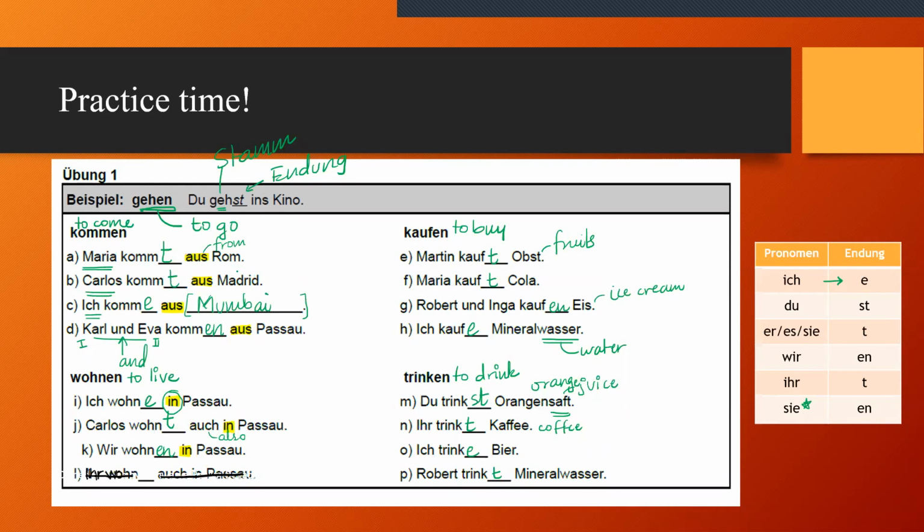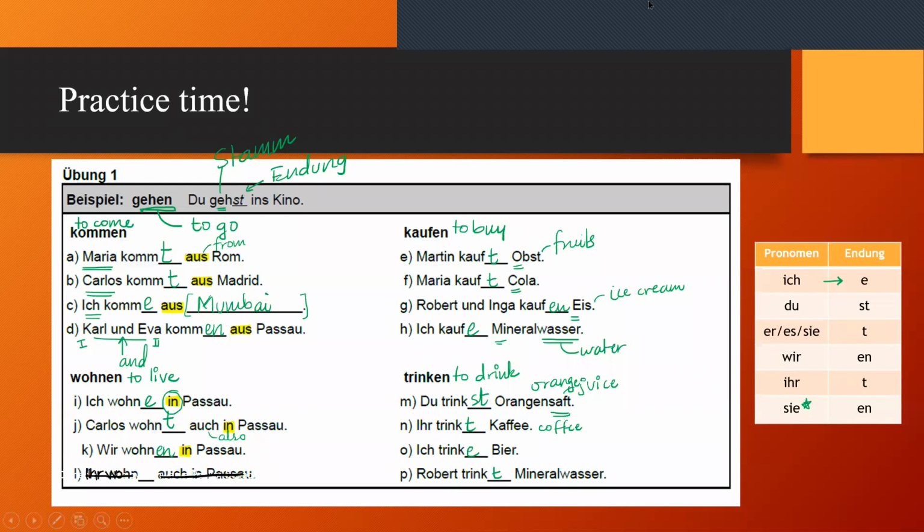Now, the most important thing here to notice would be the two golden rules that I had mentioned: that the verb is always at the second position, and all the nouns in the German language will always be with a capital letter. It doesn't matter if it's a common noun or a proper noun, it's always going to be capital. So that's about it. Do you have any doubts or any questions? No, ma'am. Okay, perfect. So I guess that would summarize today's demo class.